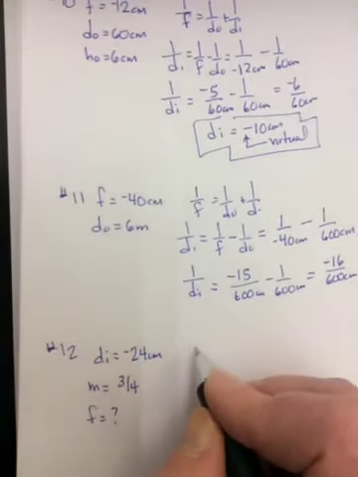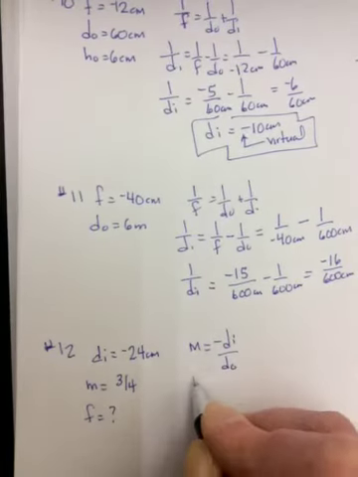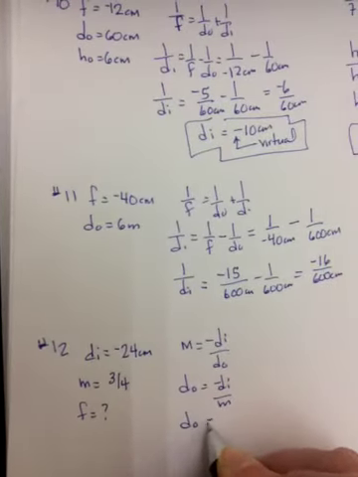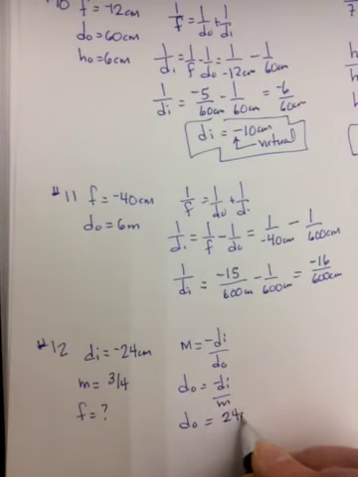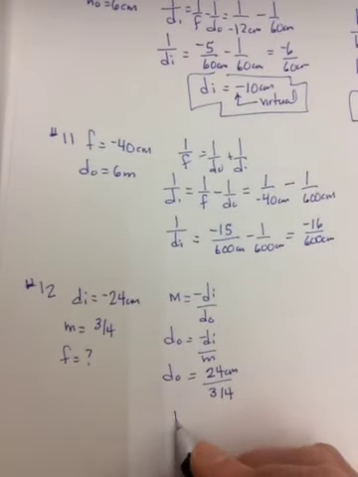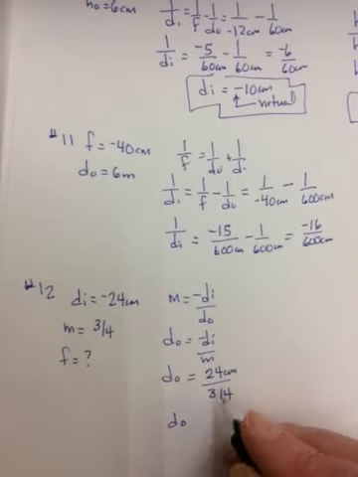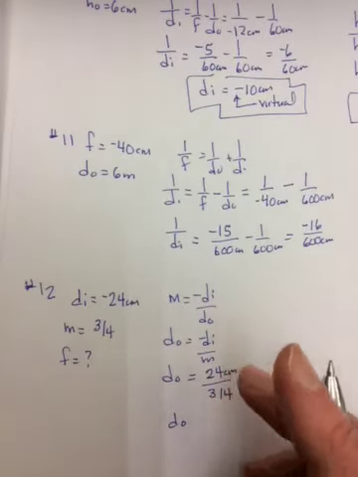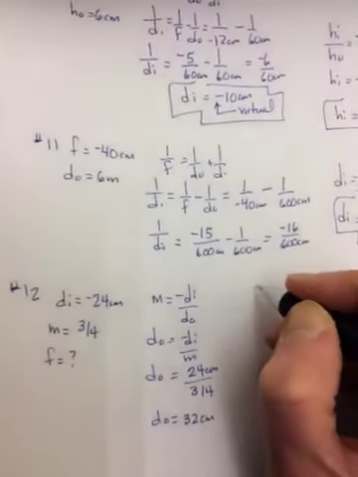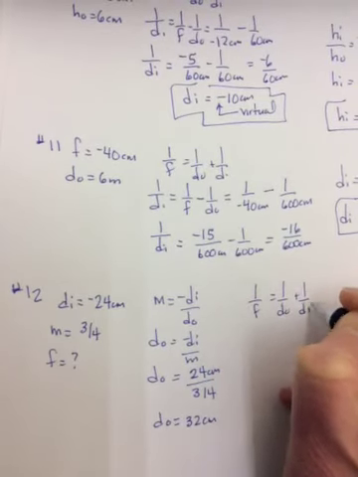So the first step is to find DO. You know magnification is equal to negative DI over DO. So DO is equal to negative DI over M. So DO equals negative negative 24 centimeters divided by 3/4, flip and multiply. 4 over 3, 8, I think I get 32 centimeters. So then you go 1 over F is equal to 1 over DO plus 1 over DI, and we're